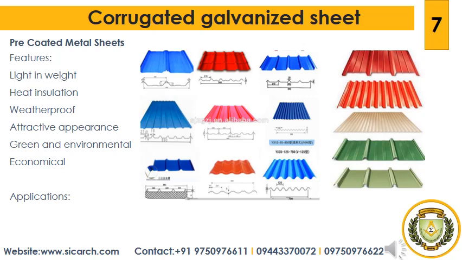So its features are like they are light in weight, and these profile sheets use aluminum or zinc as the base material. Hence these profile sheets are light in weight and thus exert minimum pressure on roofs or floors. So the next is heat insulation. These sheets are coated with colors which have better insulation properties. So the next is water resistant. The coating on these sheets is of standard thickness that doesn't allow water to seep through these.